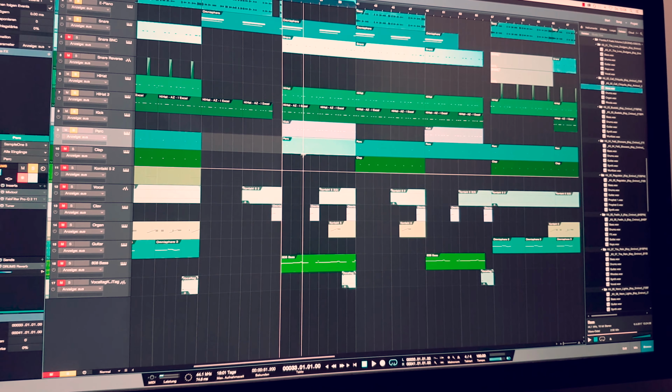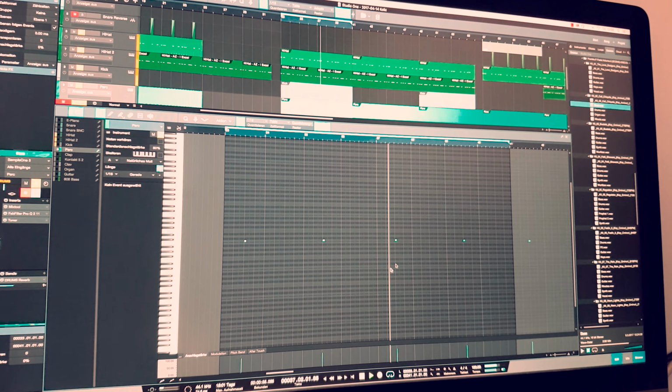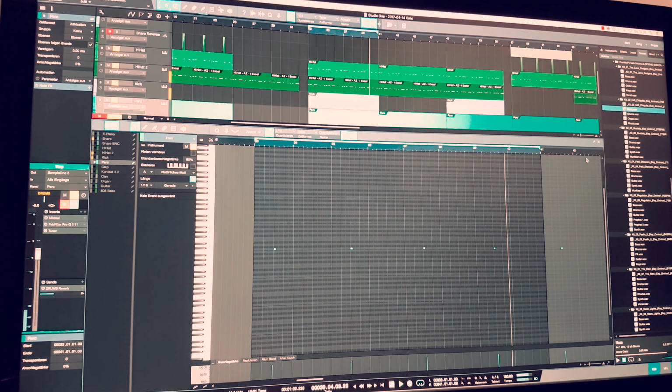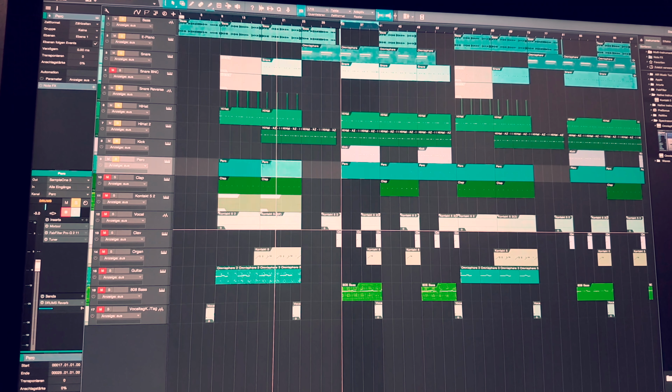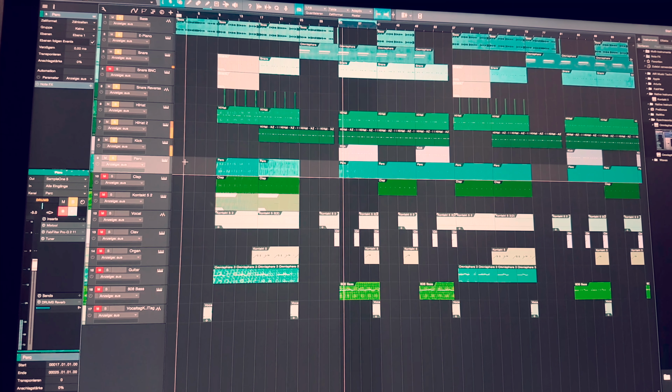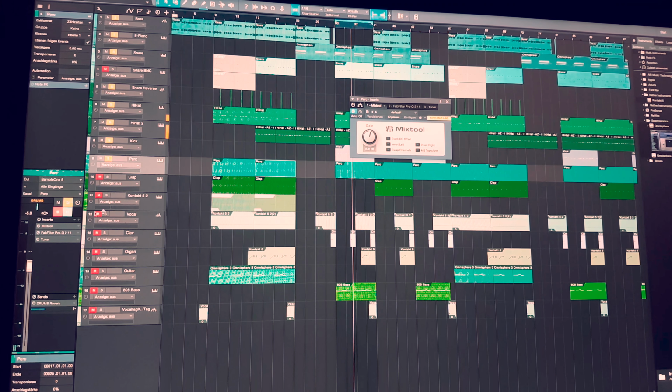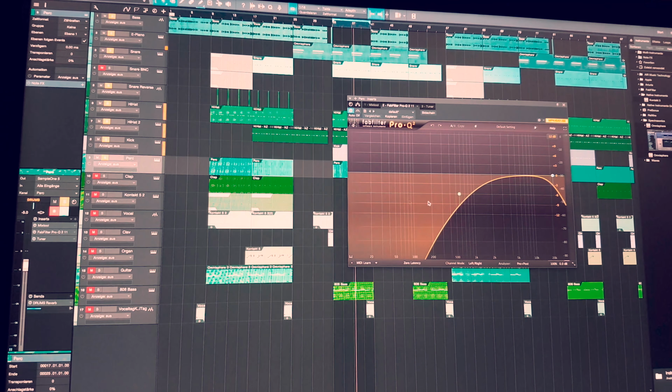So then I added this percussion, and I also delayed it a little bit, just a couple milliseconds, so that it doesn't hit right away when the snare hits. I added the mix tool, equalizer, and cut out a lot of the lows and a little bit of the highs, and tuner for tuning, and the last thing was a reverb.